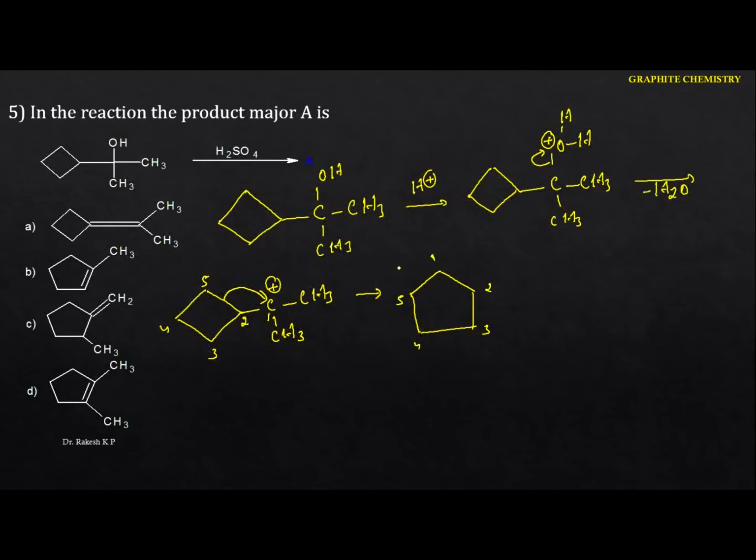Now see this one. In the first carbon we have a 2-methyl. Let me write the 2-methyl here. Now the positive charge will be passed to the second position. We did the ring expansion, but still the carbocation is less stable. So now we have to do the methyl shift again. If you do the methyl shift from here to here, now we are going to get the stable carbocation.